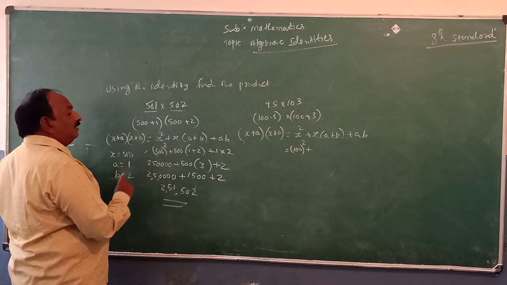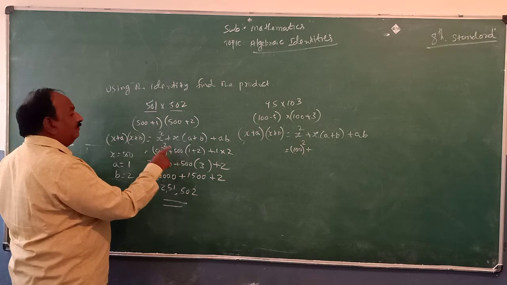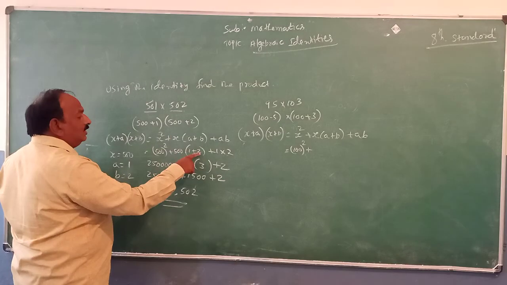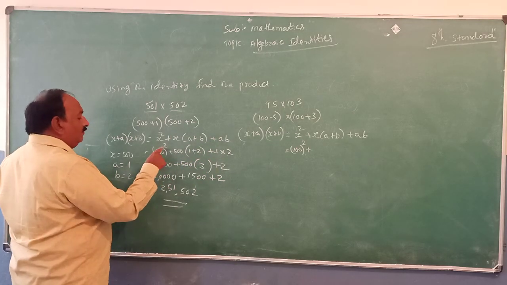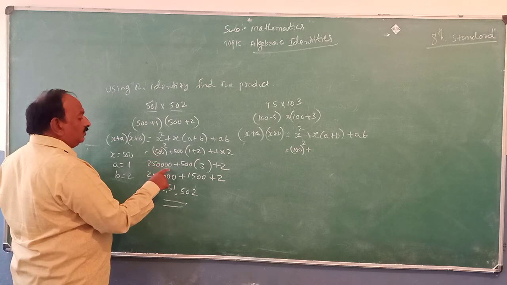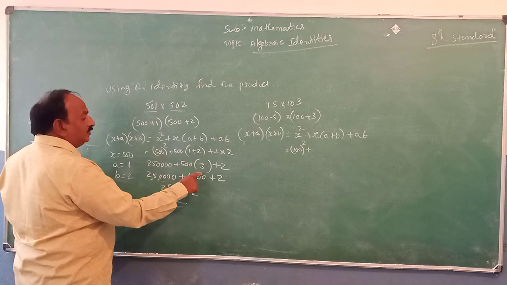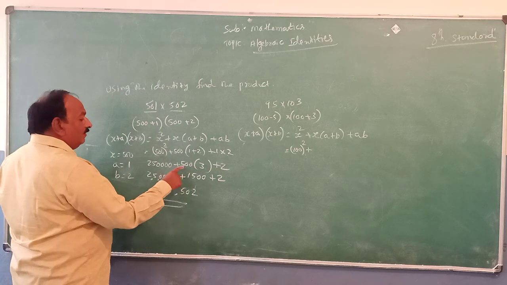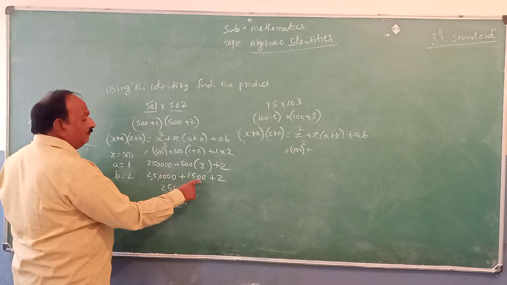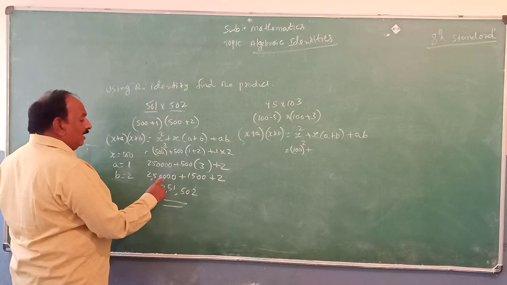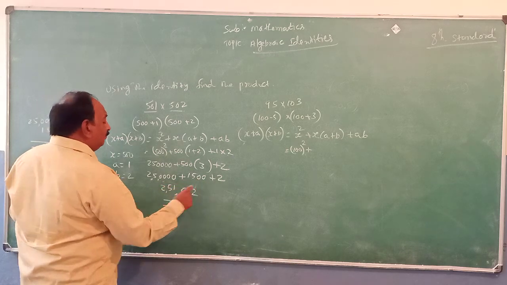X is 500 whole square, x is 500, a is 1, b is 2, 1 into 2. 5 5s are 25, followed by 0000. 500 into 2 plus 1 is 3, 500 into 3 is 1,500, plus 2. 2,50,000 plus 1,500 plus 2,